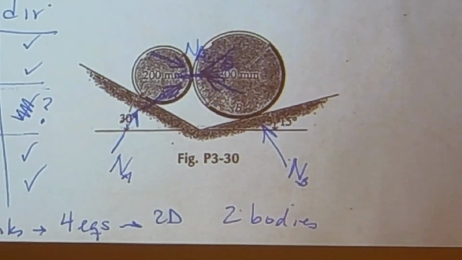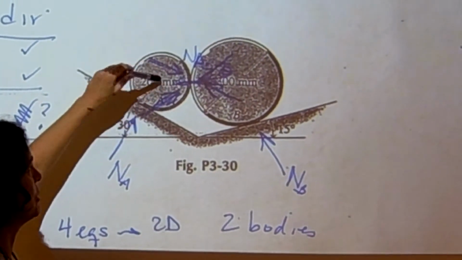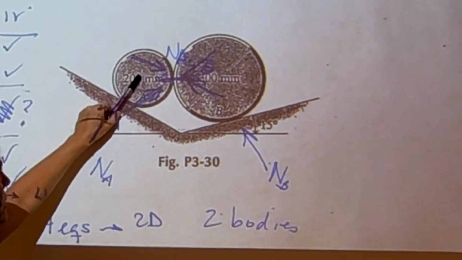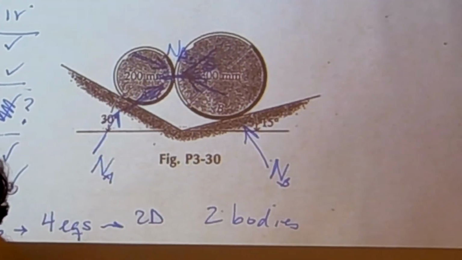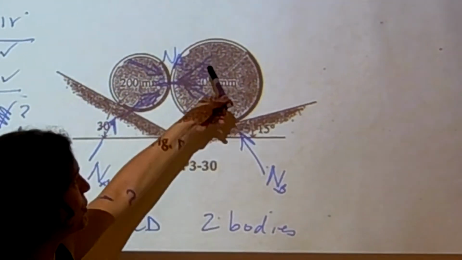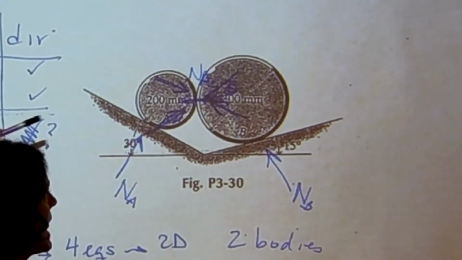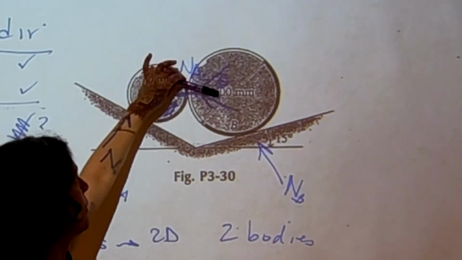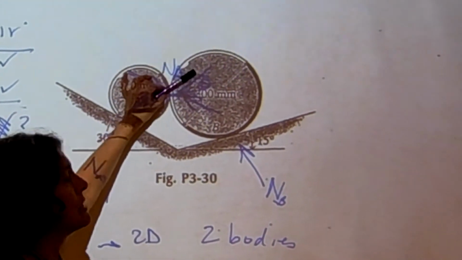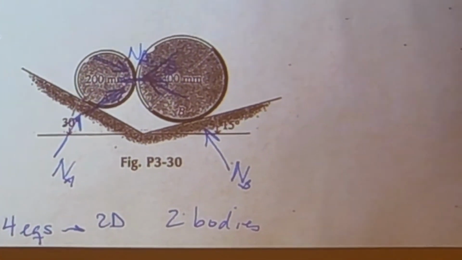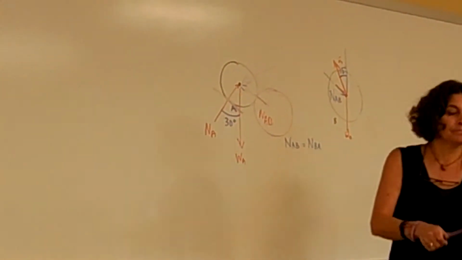Everybody gets it? So when you analyze the cylinder, you have to have two normal forces. One coming from the inclined plane and one coming from the other cylinder. When you analyze this cylinder, you have a compressive force coming from the inclined surface and from A. The only thing we don't know is if the angle is like this or like this. We just have to call a shot. So what we did is we said, we assume it goes this way. And if it goes that way,